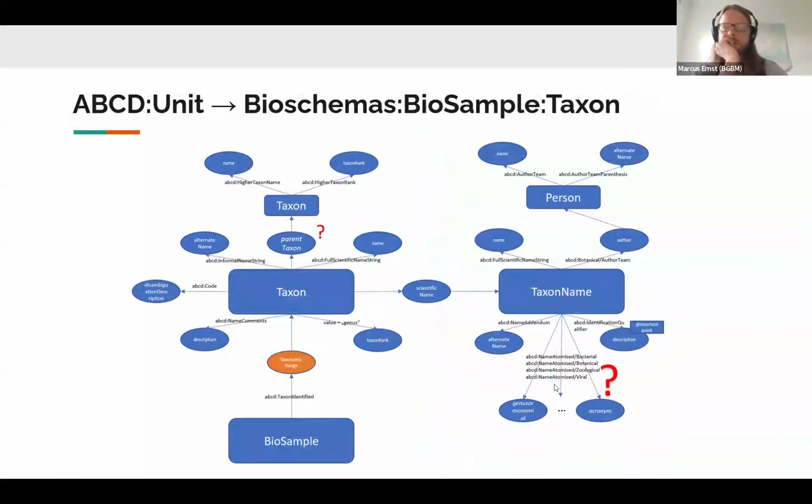In particular, for the red question marks, you may wonder what they mean. These are intentional. They point to areas where the current Bioschemas and schema.org structures do not yet fully capture or support the richness of ABCD information. In particular, as an example, the parent taxon semantics are not always sufficient for the relationships that are to be mapped,